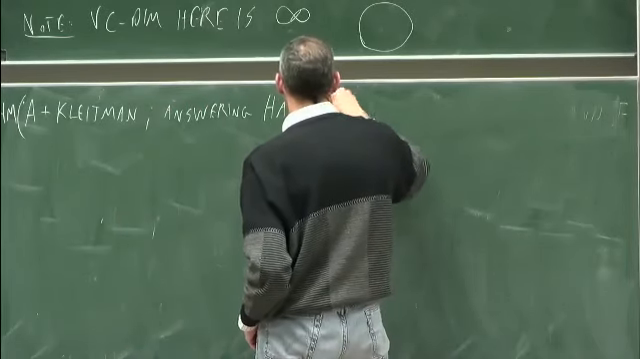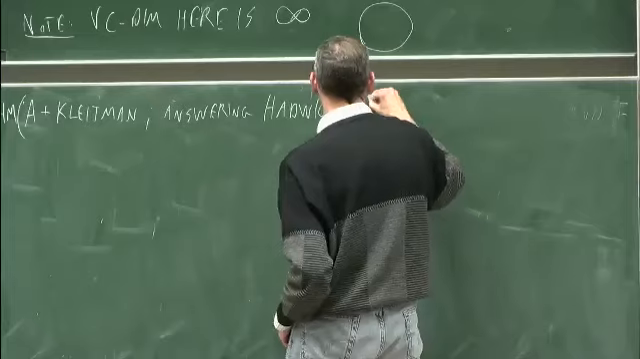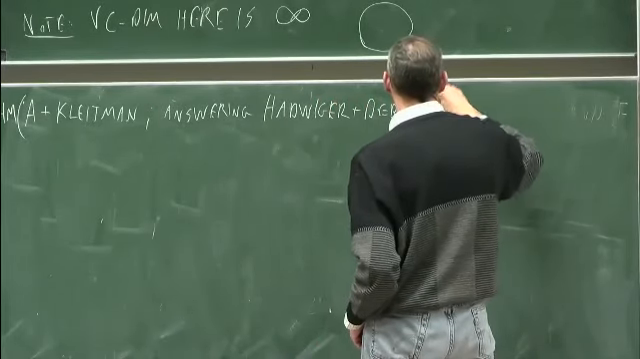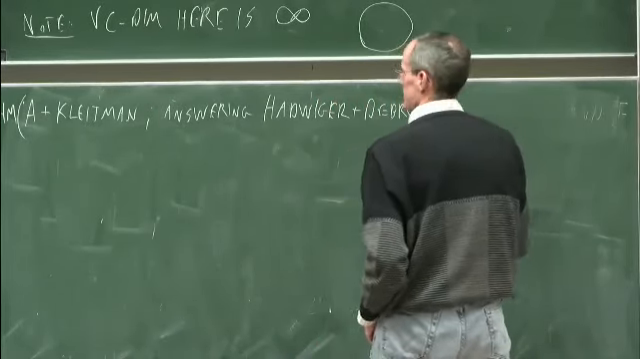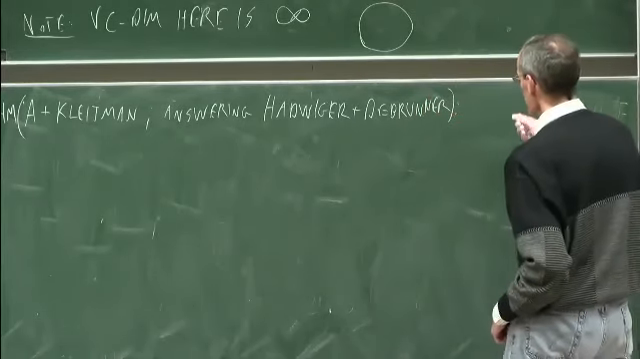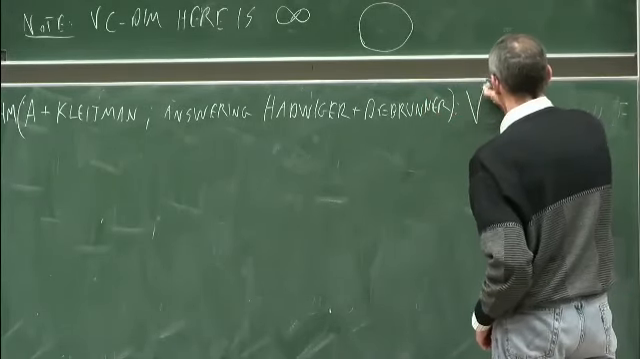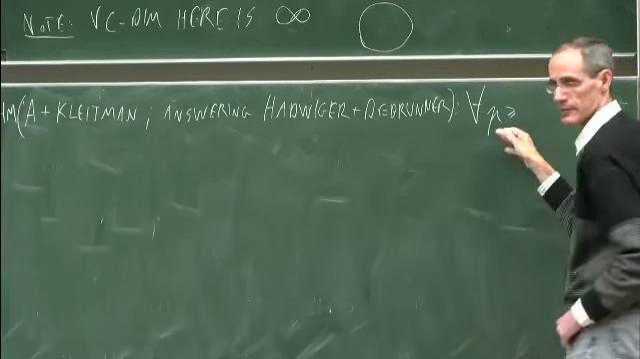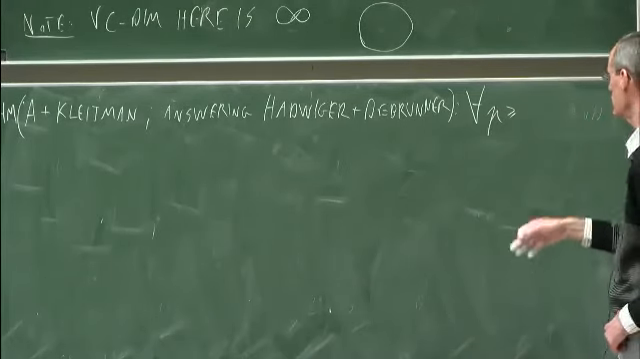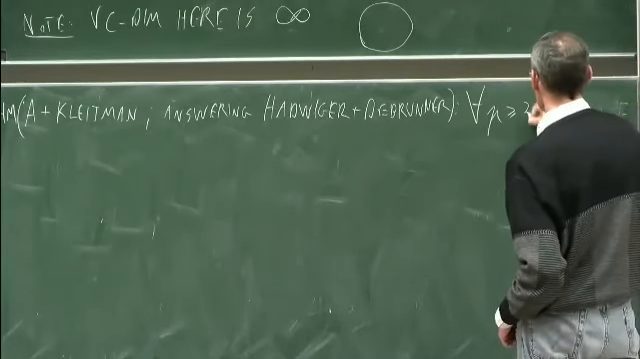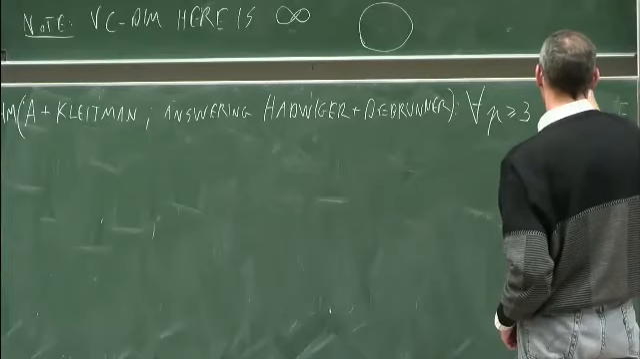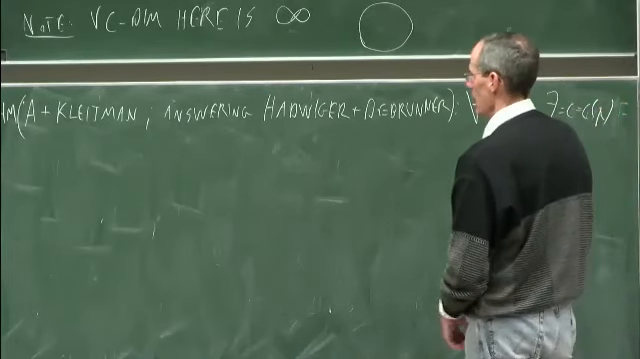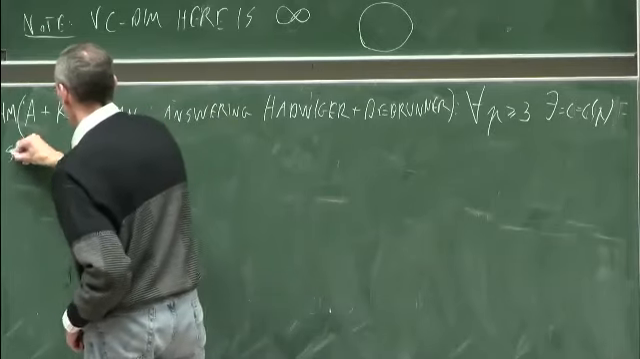So there was a question of Hadwiger and de Brunner from the 50s, and it's an extension of Helly's theorem. It says that for every p, I'll state it in the plane, although it is true in every dimension. So for every p, which is at least 3, there exists a constant c that depends only on p, so that